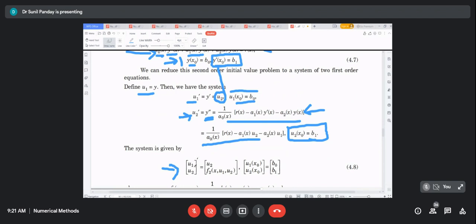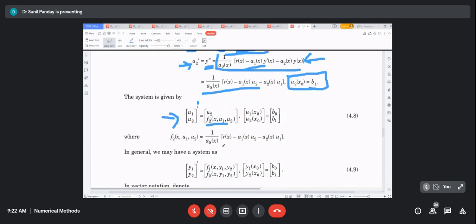So u1 and u2 like this, and then this derivative is there, and here we have only u2, and here we have this f2, but f2 is actually equal to this thing, you can see,